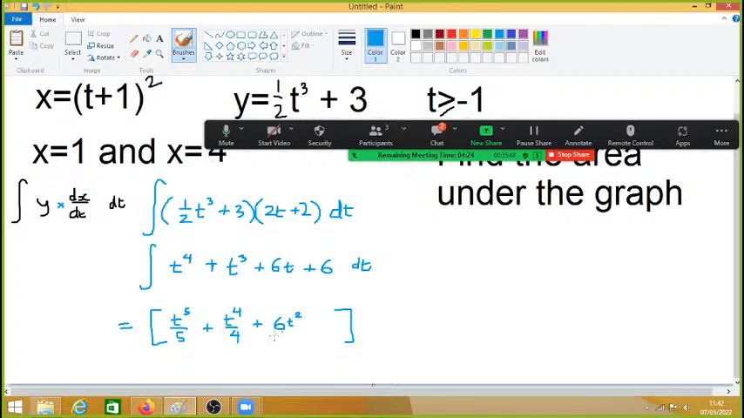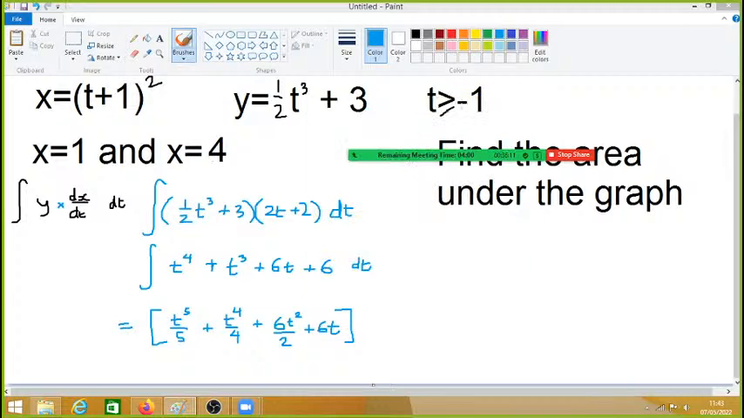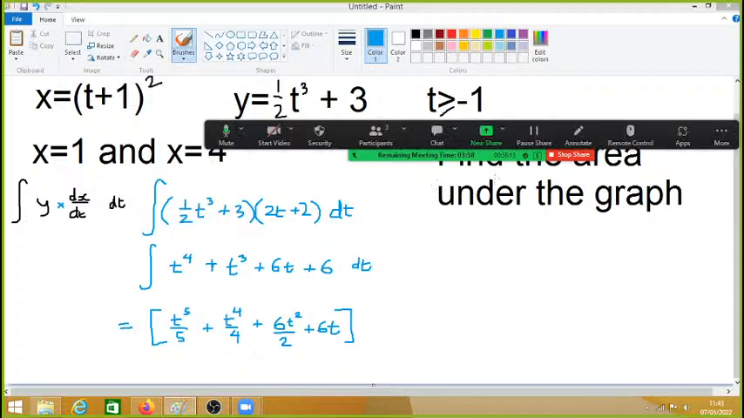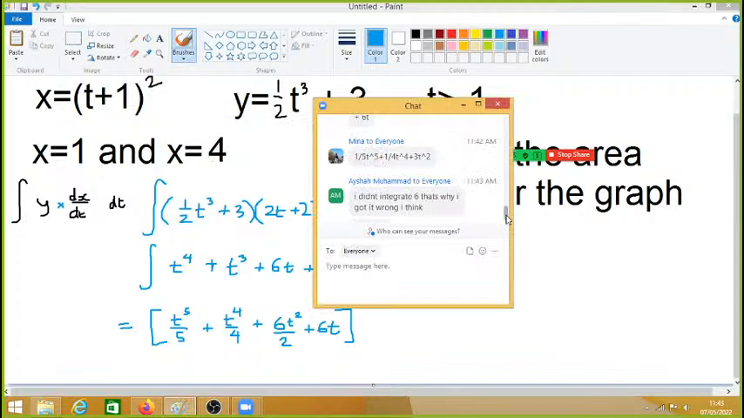The original limits were 1 and 4, but they were x's. So you're good at solving equations, so just try to use that to solve an equation. So if you know your x is 1, then what does your t have to be? If you know your x is 4,